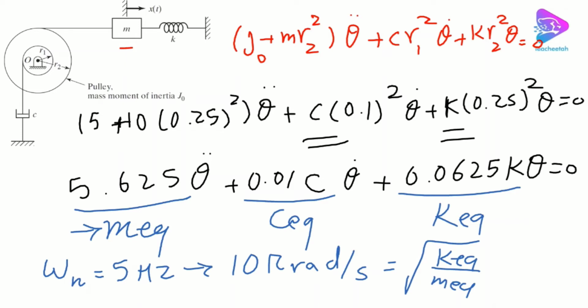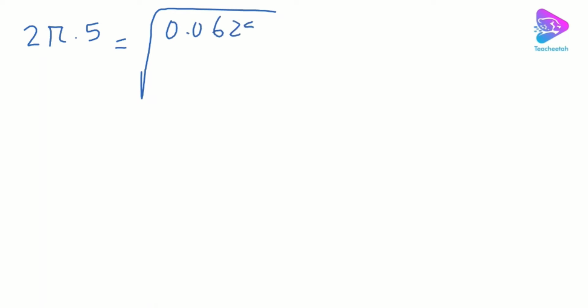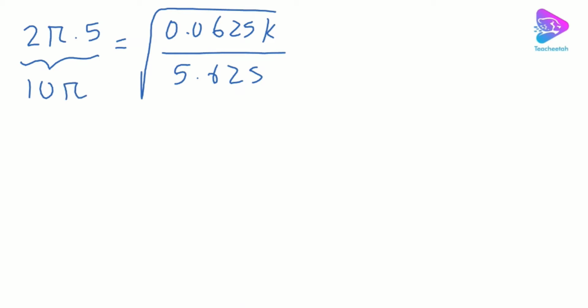So we have 2 pi times 5 Hertz equal to the square root of 0.0625 K divided by the equivalent mass, 5.625. We found them before, or in fact instead of this you can use 10 pi. Then we can find K. It is pretty simple. Just square the two sides and use cross multiplication. Then you can find K as